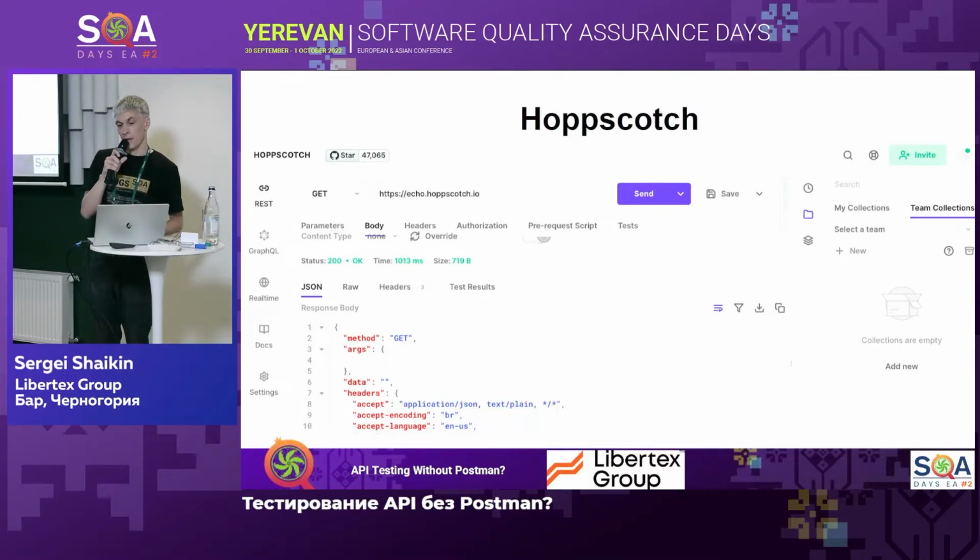And when I found this tool, I was so happy because there's no need to pay for it. And I tried to use it with my team, because we have about 7 testers in our team, and